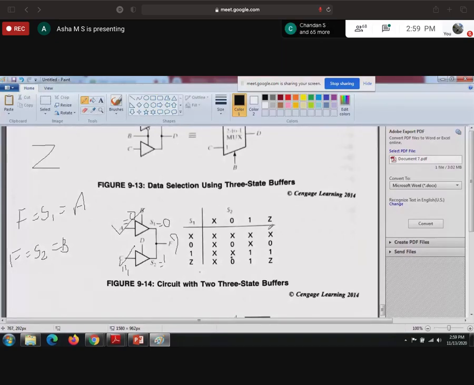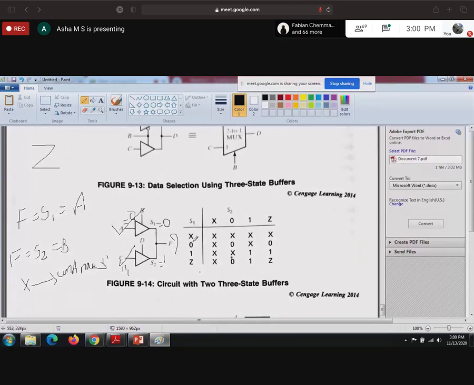X represents unknown also. Okay, better not to say don't care here. X means unknown here. I don't know whether it is 0 or whether it is 1. So here X represents unknown. Guys, write down: here X is unknown. Why are we not calling it don't care? Because a don't care value will be changed to either 0 or 1 based on our requirement, but here we are not going to take it according to our convenience. Correct, right? Depending on the buffer value we have to take the output. So that's the reason better to say unknown.